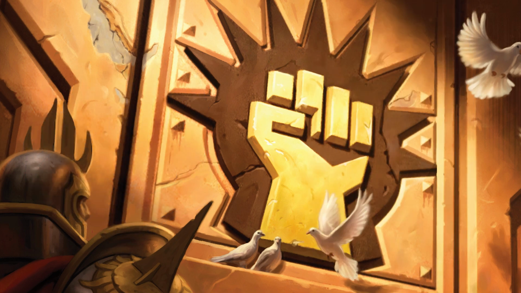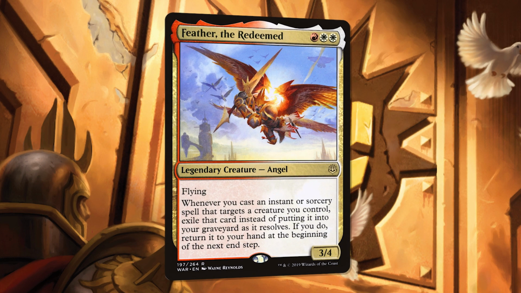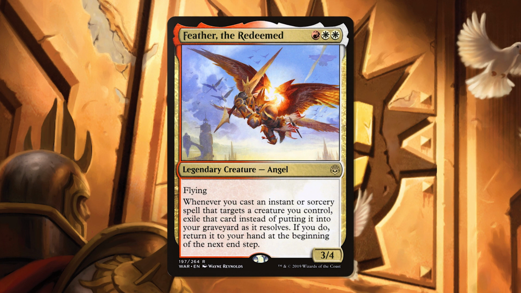Thanks to a friend of mine who designed this deck, the guy I go to when I need advice on a build, I'm bringing you a Feather, the Redeemed Commander deck tech. This deck takes advantage of Feather's ability to bring your spells back again and again, essentially giving you unlimited copies